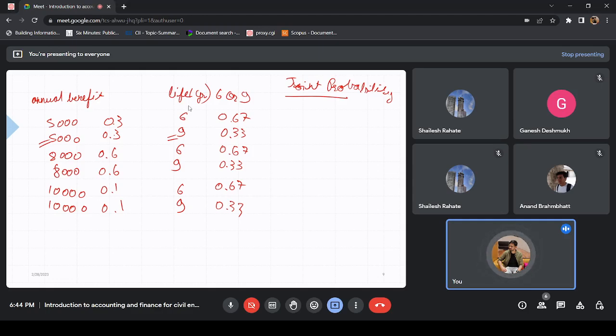Any answer would be a good answer right now. Okay, so to calculate the joint probability for this event,